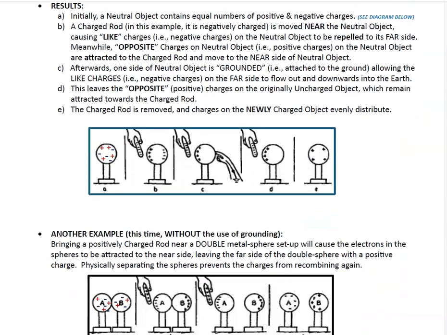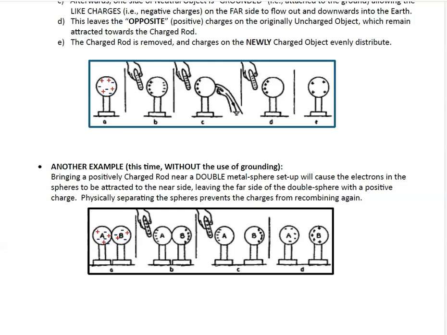So another example of induction is actually even simpler. Now we start with a double metal sphere. So it's 2 metal spheres and they're just touching one another, so the electrons can move freely between them. They are totally neutral. They both have a lot of positive and negative charges that are exactly equal to one another. But when you bring that charged rod near it in B, and in this case, we happen to be using a positively charged rod,